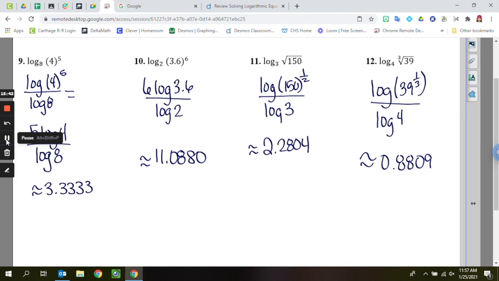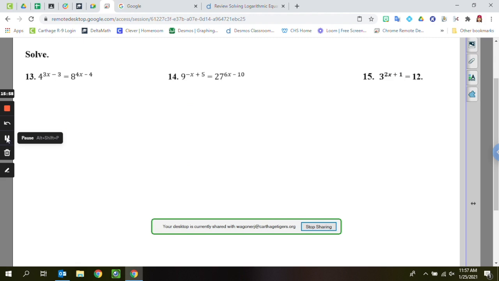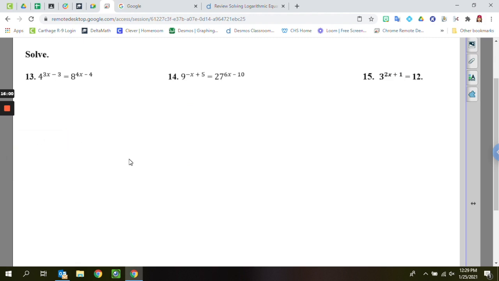Again, changing them out gives you a way to evaluate logarithms that do not do this. So, I want you to solve the first two equations on the next part. However, what if when we get to problems like 15, we can't do that? So I can do anything I want to equations and inequalities as long as what I do to one side I do to the other, correct? So on 13,